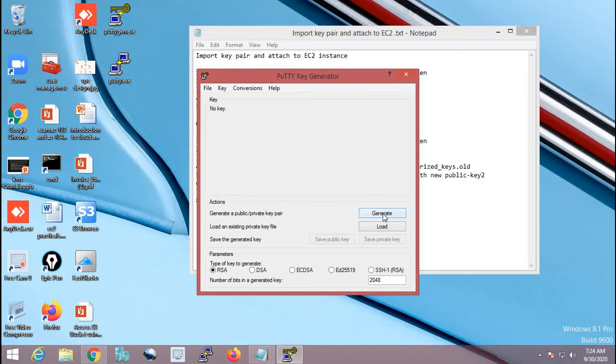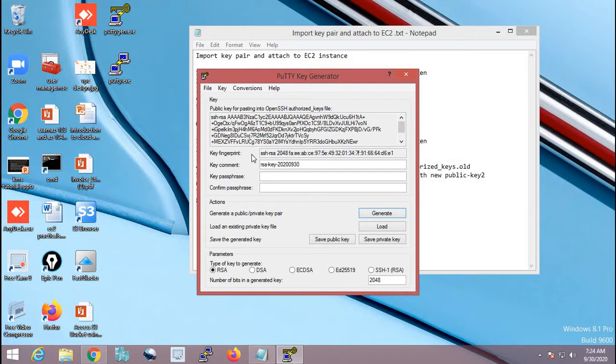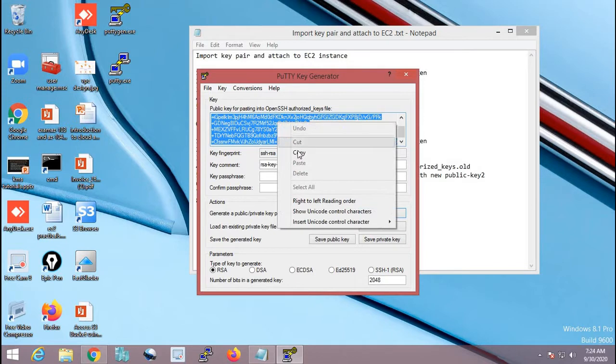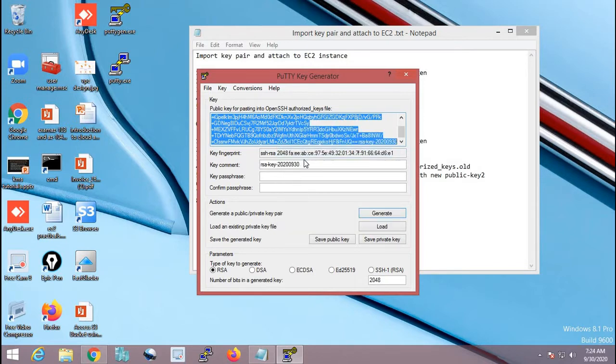For that, I have to click on generate. Once you click on generate, keep moving the mouse in the free area. So by using SSH RSA, one RSA key will be generated by using a RSA algorithm, where the bit rate is 2048. So you can see here the key is generated. So what we will do is we will copy this key. This is a public key actually. This is a public key which is generated by Puttygen.